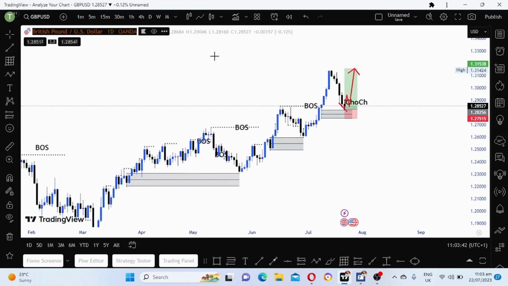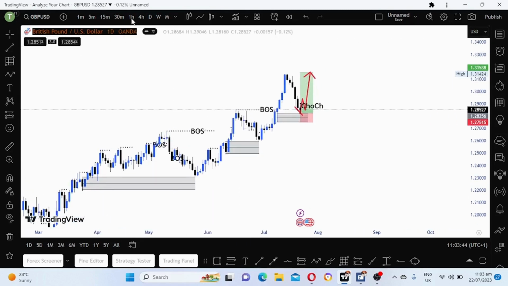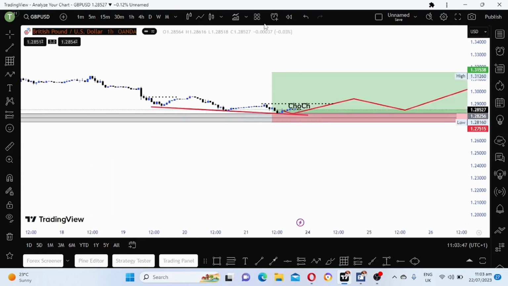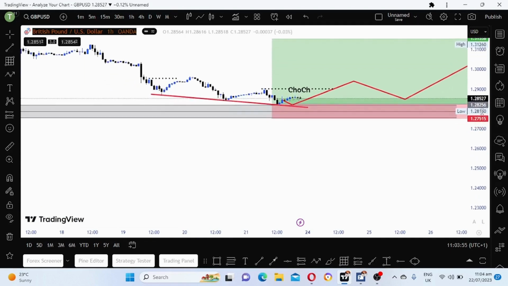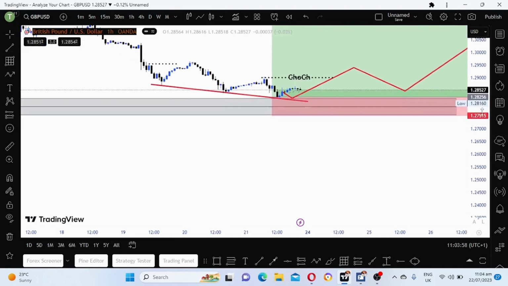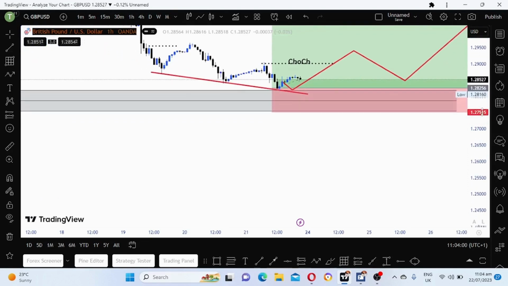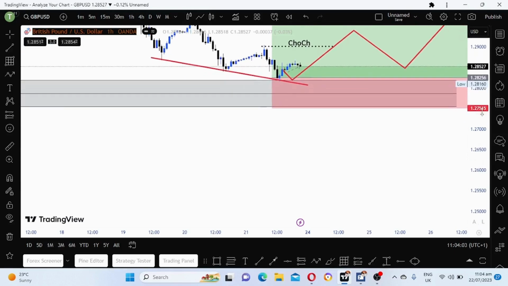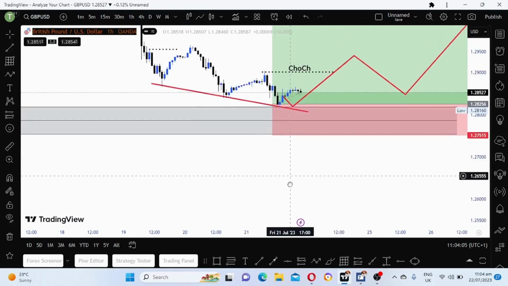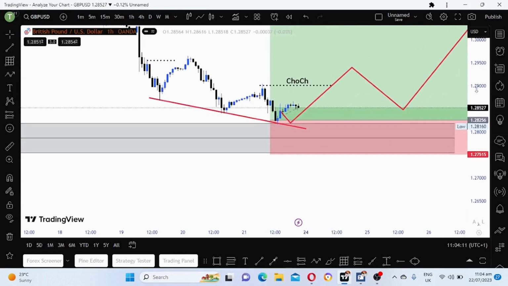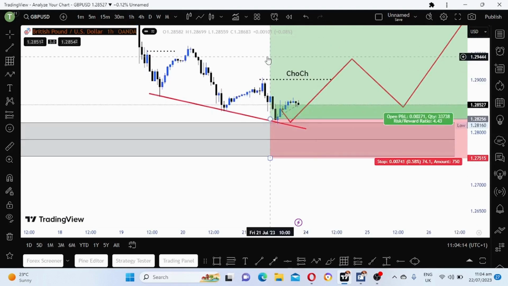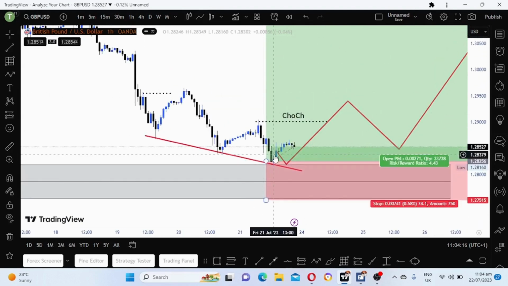This one is quite clear, guys. The trend is on the upside. If you want, you can go to the lower time frames like H4 and H1 or M15 and check how the structure is there. As you can see here, guys, I entered aggressively after price tapped into this demand zone.